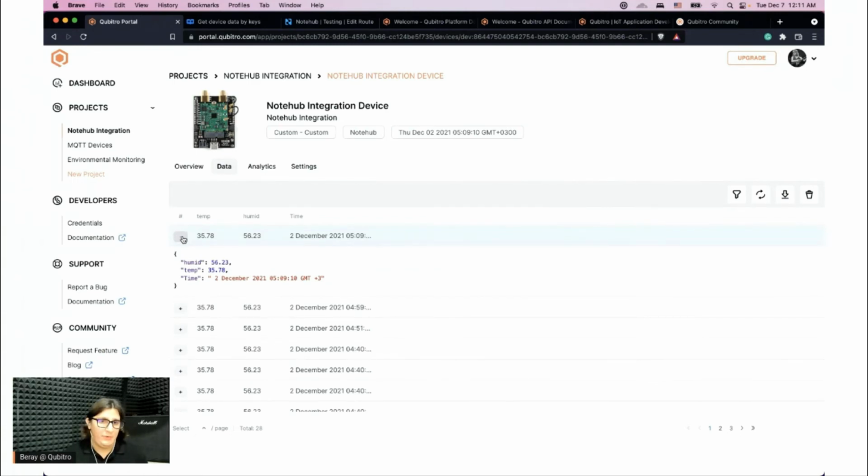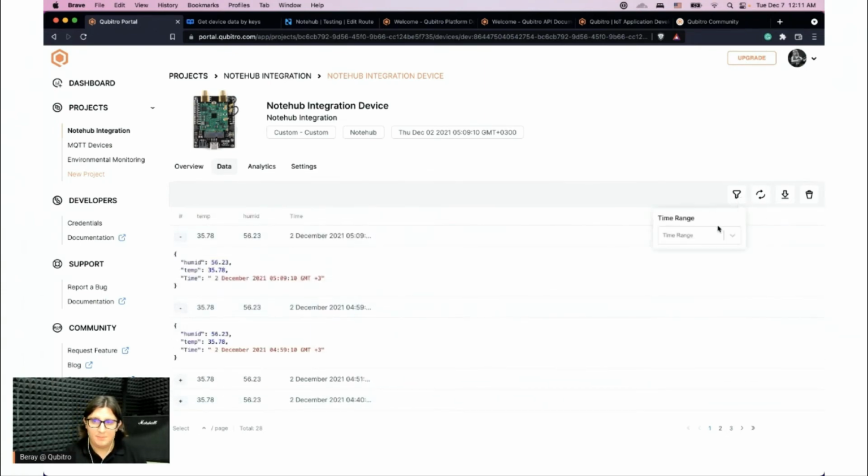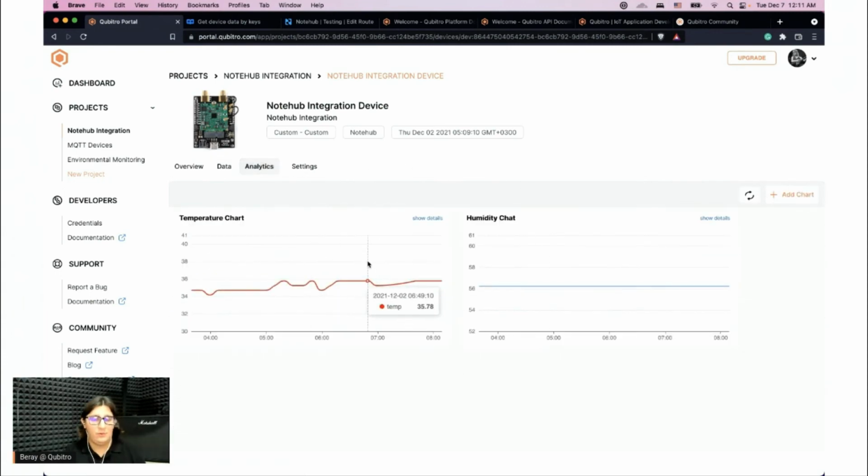You don't need to configure these keys or values manually. You don't need to build templates. You may also publish different sensor values here from different Notehub devices. It will also appear here automatically. You can query with time. You can download. It's all up to you. And then, of course, you can create device-specific charts. If your case is a few devices, you may want to build specific charts for a low number of devices.